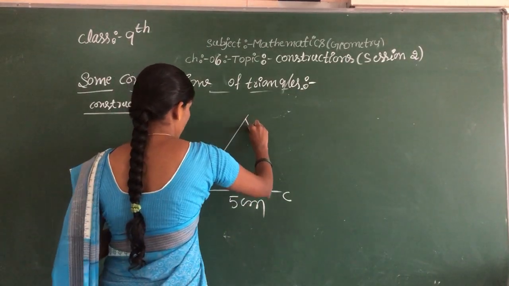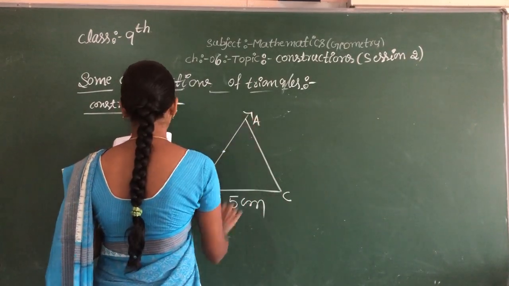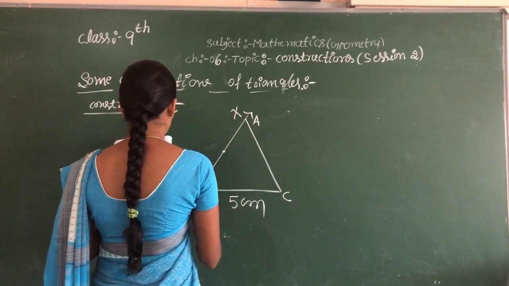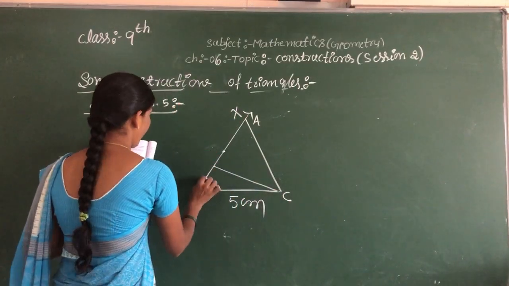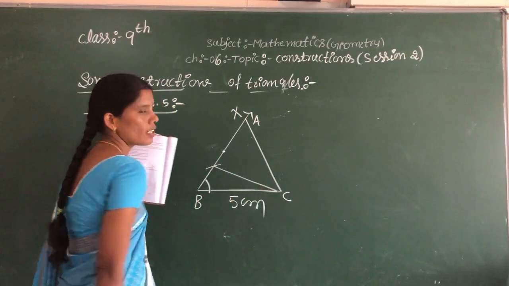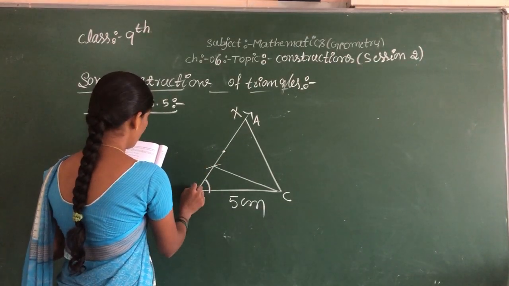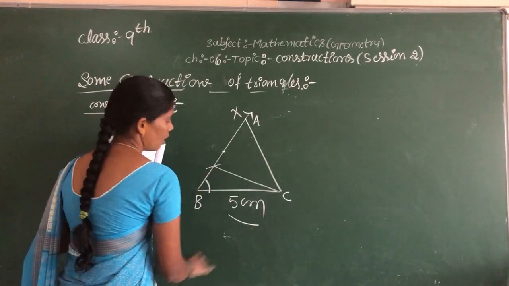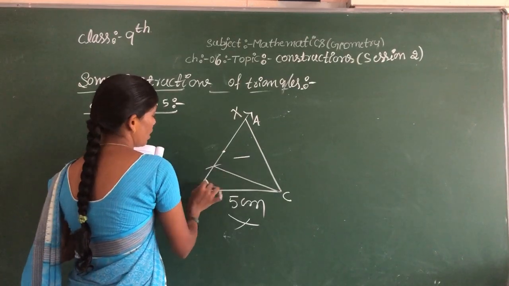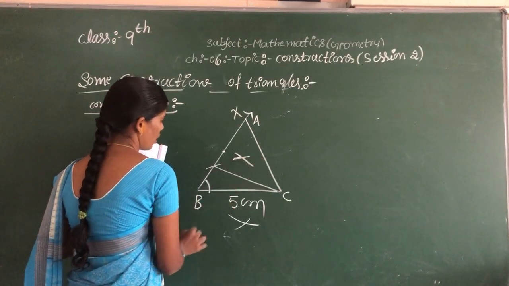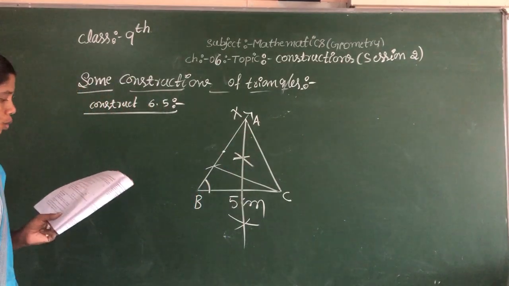After that you should join this one. Okay, this is one of the ways, ray X. Okay, you should join here. You should cut one arm, means here. Okay, so here you should cut. We should cut in half of the base. We should cut here and here also. Here cut one arm. We should draw one line. Okay, children, draw one line.